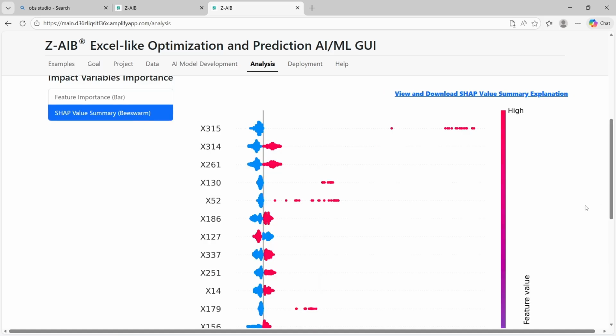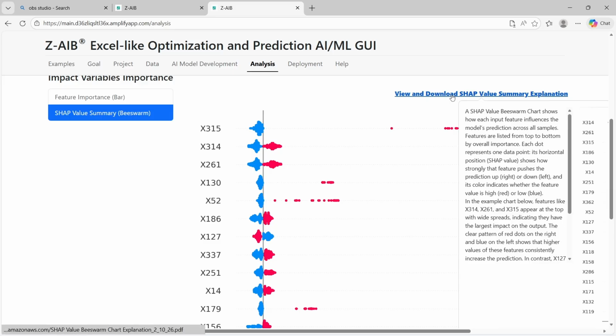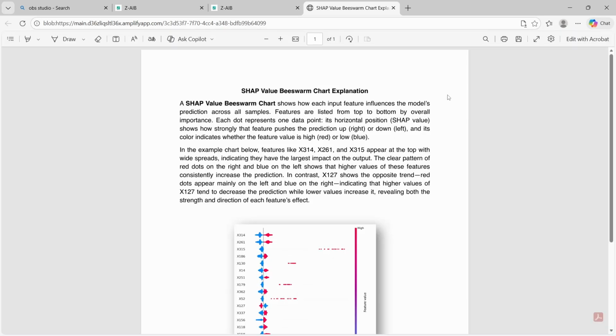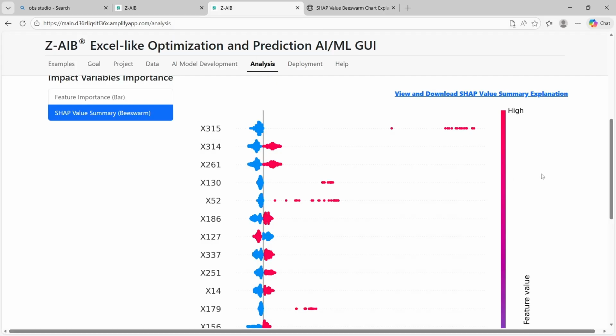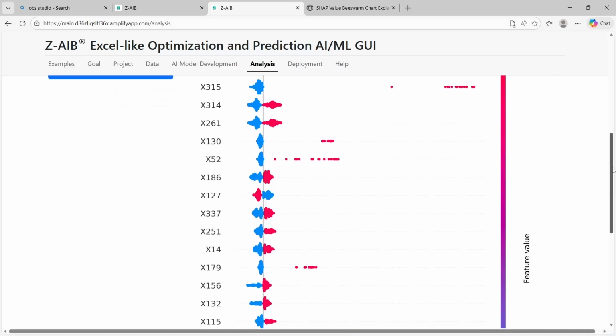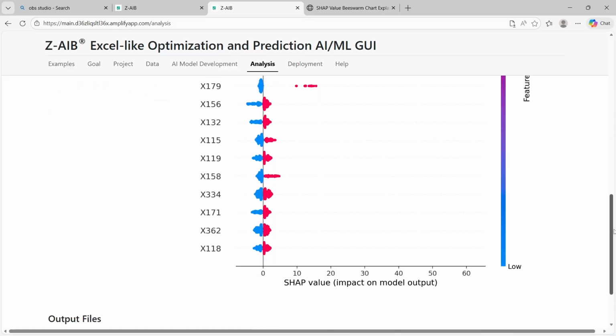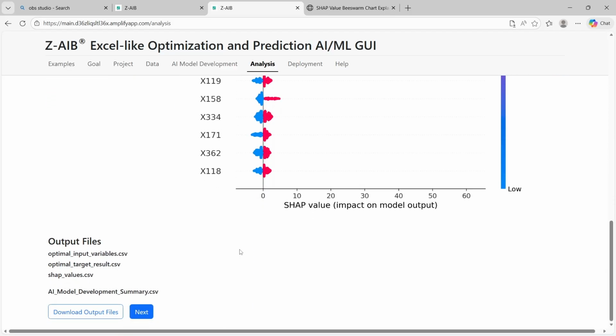To help users interpret the SHAP analysis view graphs, we provide explanations and relevant examples for both SHAP mean value and SHAP value terms. The above outcomes are not just an optimal window, but they are actionable intelligence. Next, click Download Output Files and